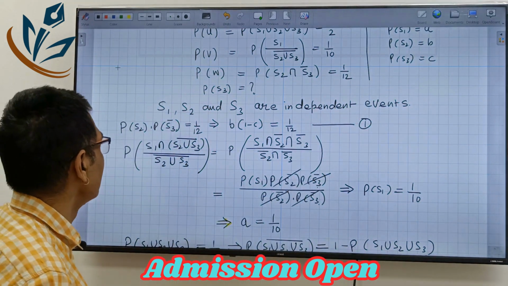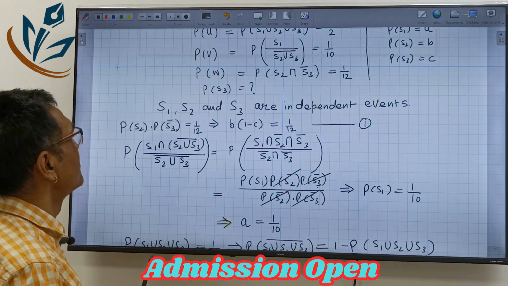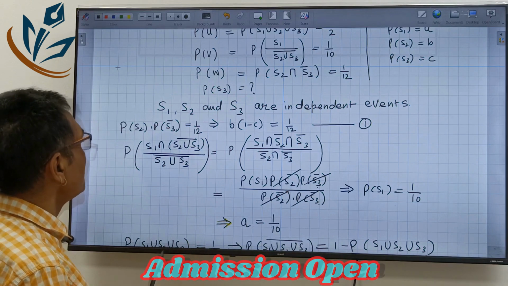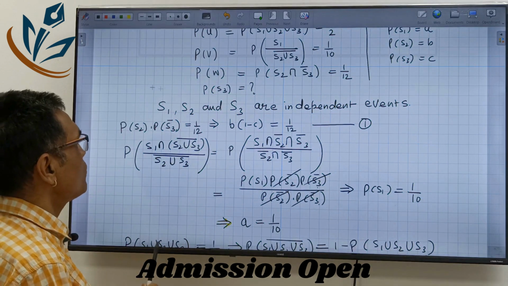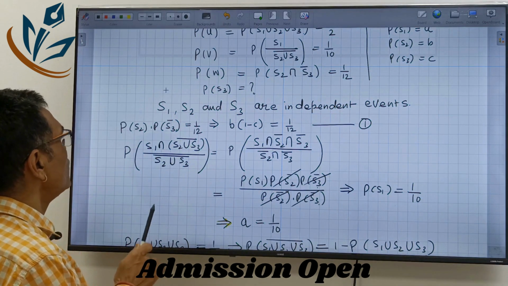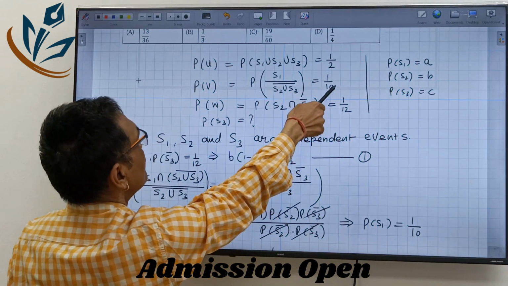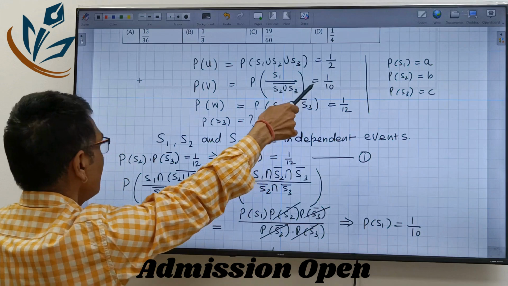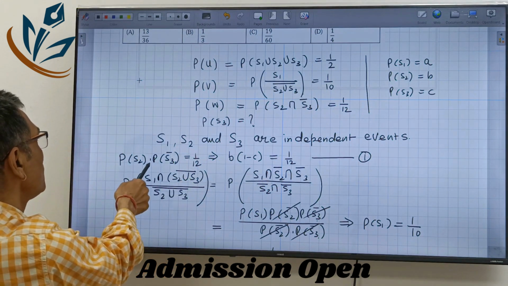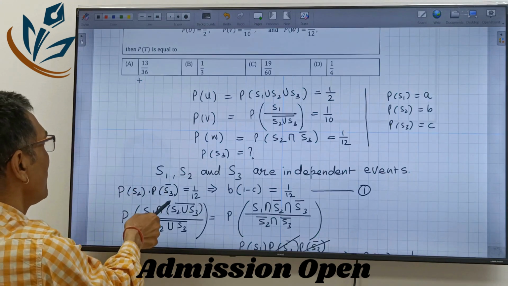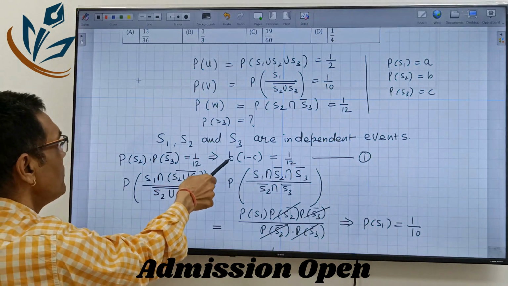The very first thing given is P of S1 union S2 union S3 as 1/2. Further, P of S2 into P of S3 bar is 1/12,